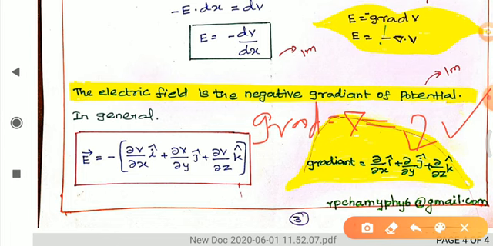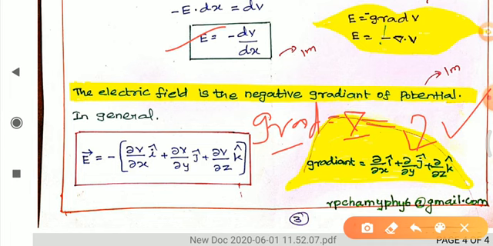Okay, so that final equation is given, in general, as E vector is equal to... We write this equation in the vector form using the del operator. Don't forget the del operator. What is the del operator? It is nothing but the gradient. In symbol it is given as del, the inverted triangle. So grad is equal to del, which is equal to dou by dou x of i cap plus dou by dou y of j cap plus dou by dou z of k cap.